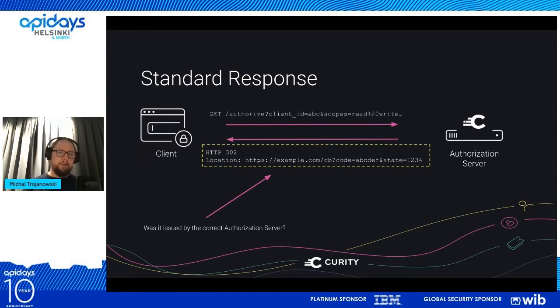First of all, the client doesn't know which authorization server issued that response. That is a problem if the client is able to talk with a few different authorization servers. Then when it gets back this response, this redirect, it doesn't know which authorization server has issued that response. And this can lead to what we call mix-up attacks. What is more,